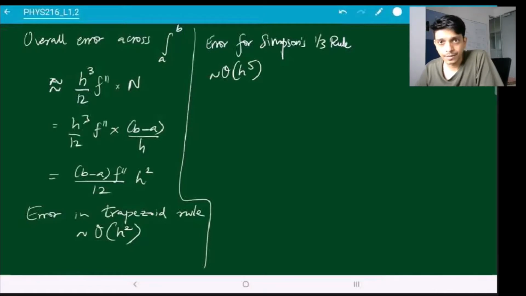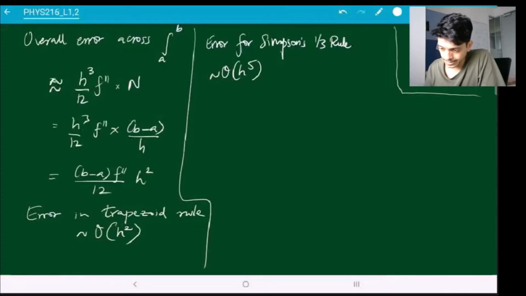So we've seen, using our error analysis on the trapezoid rule and seeing the result for Simpson's rule, that in general the smaller you make h, the better it is for the accuracy of your result. The question is, how small should we make h? How many steps should we divide your interval of integration into? There is no fixed answer, it depends on a case by case basis.